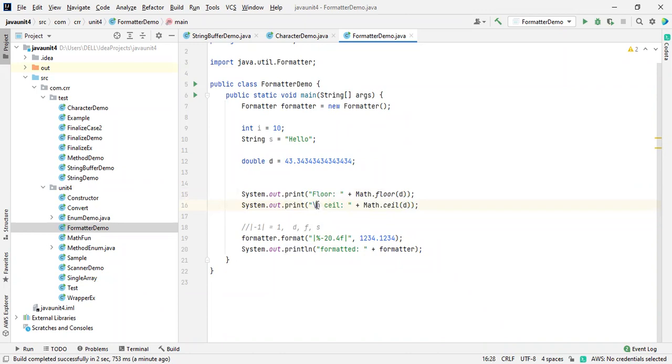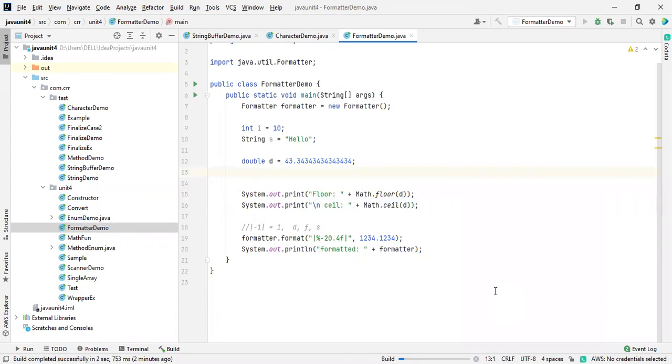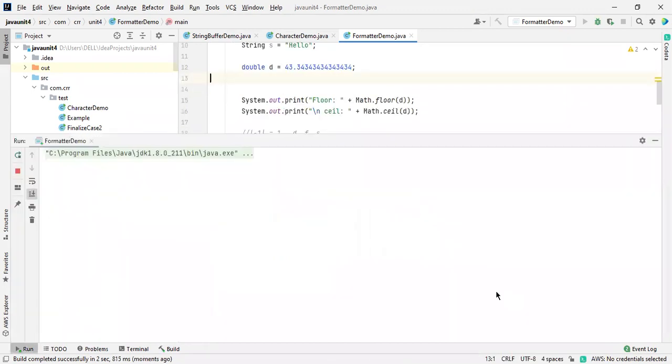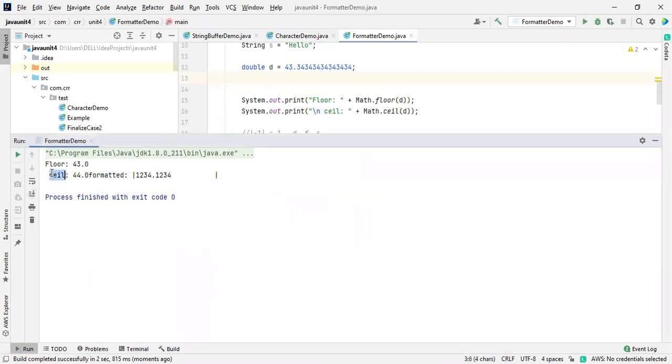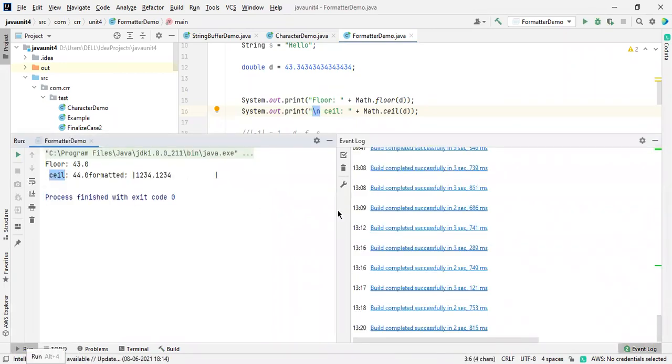So this is called an escape sequence. I think you got my point. Just run this one. I want to tell you that, taking a println statement and without a println statement. See this one, it came over here. After this, I didn't mention the println statement, but I mentioned \n. This is like escape sequences. I just want to mention the name over here so that you will get an idea about this.